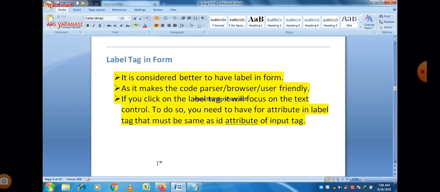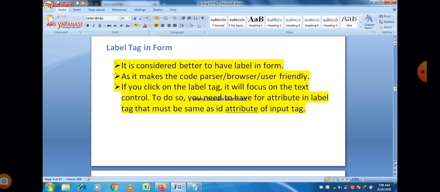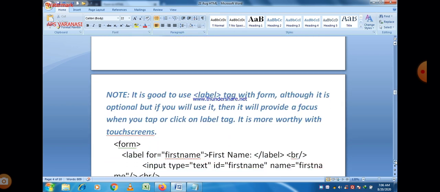So there is a for attribute in label tag, and that is same as the id attribute of input tag. Always remember that these two must be same, id attribute of input tag and the for attribute of label tag. And why we use label tag? Because we want to make the browser more user friendly, and this is optional.